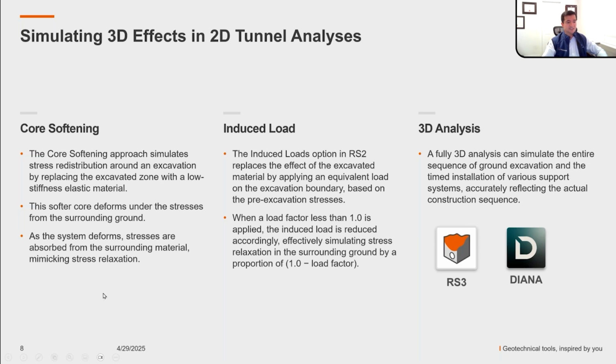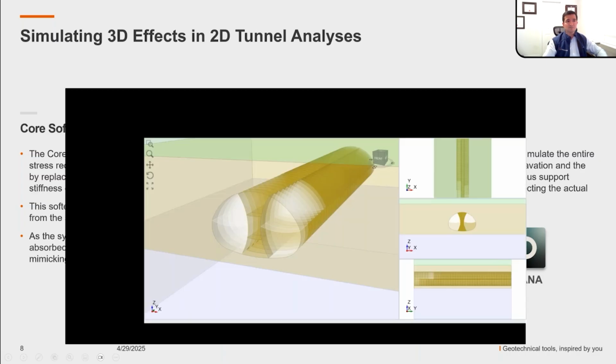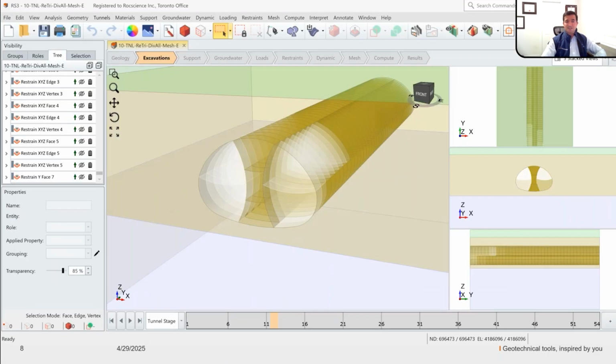I'll show you this example in 3D. So this is a tunnel, for example. We are looking at the sequence of excavation. Let me click through a couple of stages. You can see there are different sections of it being excavated, and there are multiple stages and all that happening around it. When I want to do that in 2D,